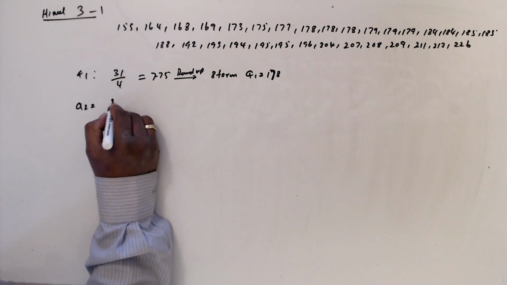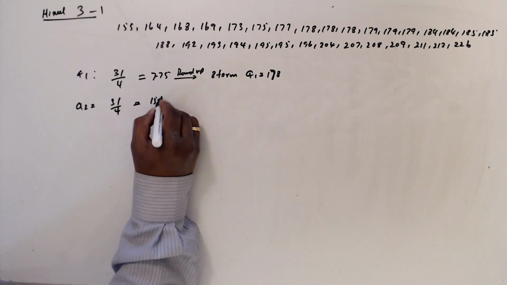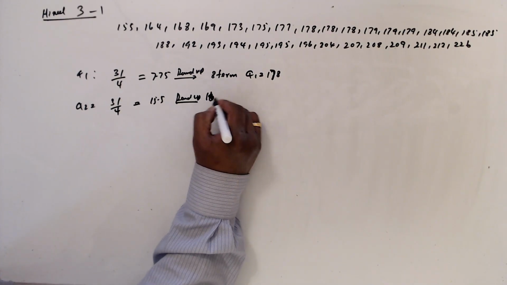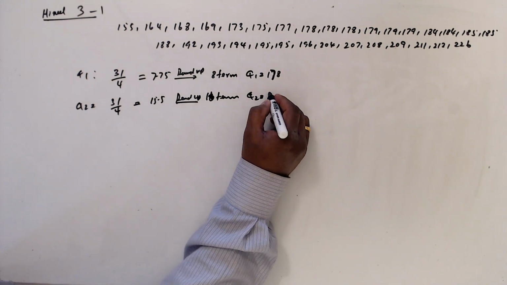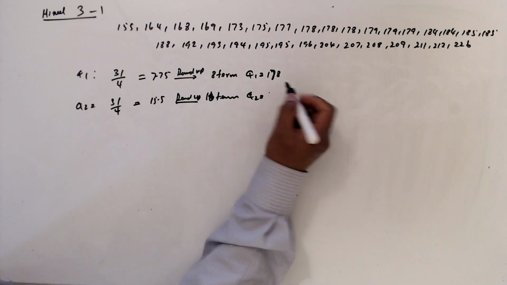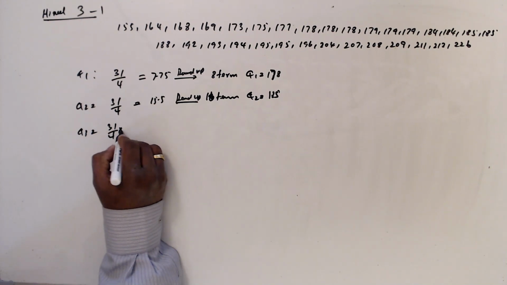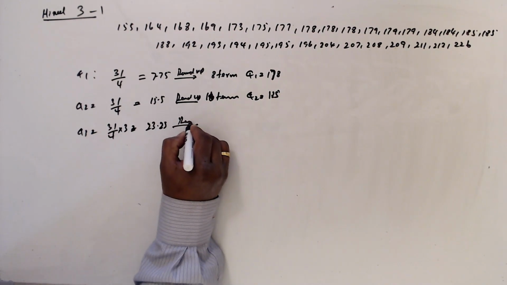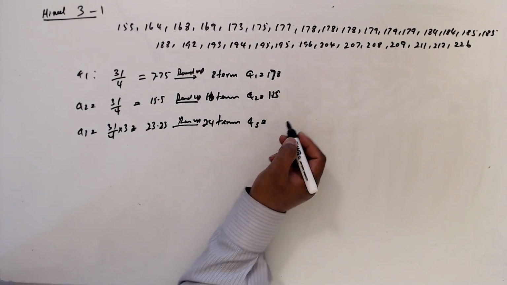And for Q2, it is 31 divided by 2, which is 15.5. Round up, so it is the 16th term. So Q2 is the 16th term, which is 185. And Q3 is 31 divided by 4 multiplied by 3, that is 23.25. So round up, so that is going to be the 24th term. So Q3 is